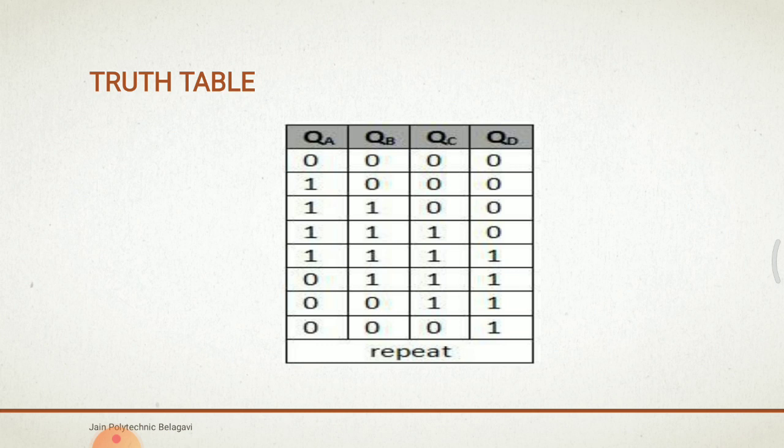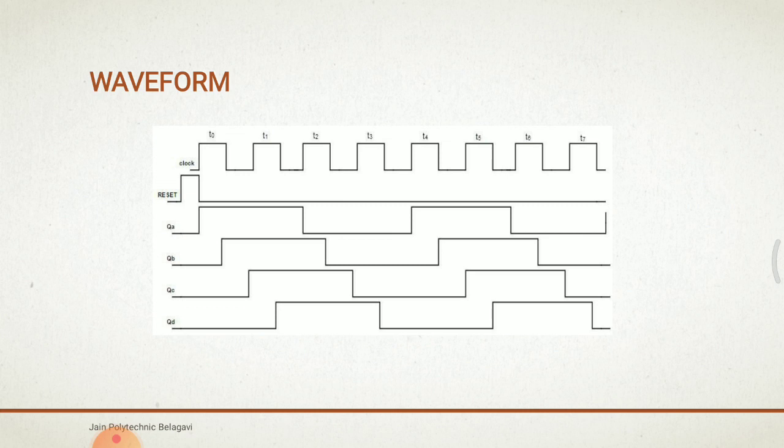Similarly, for QD equal to 1, it repeats with QA equal to 0, and the previous will be 0 0 1, then 0 0 0 1 you will get. After some steps we are going to repeat the process. This is the form you can observe here. After reset and the clock pulse, you provide QA equal to 1, then you will get QB equal to 0, QC equal to 0, and that 1 will be shifted here. You can observe this waveform.